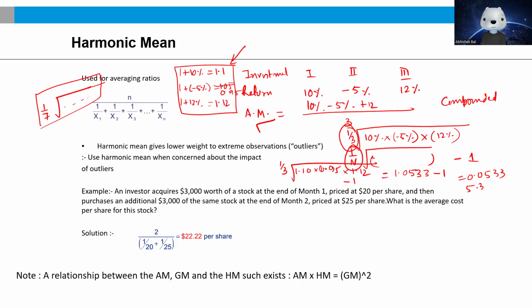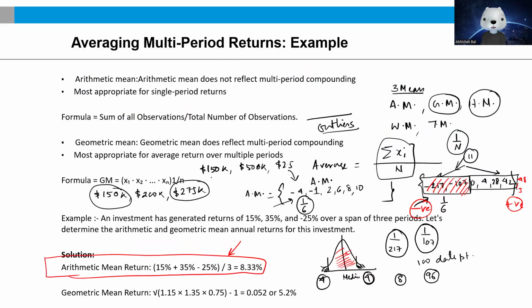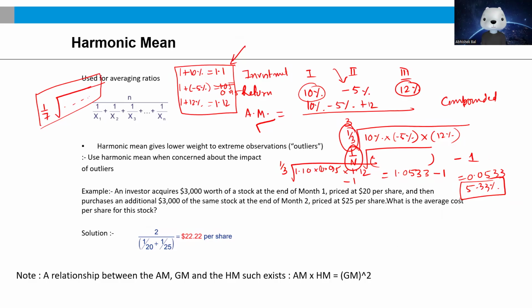Watch, despite having 2 very good years in return, just because of the second year, which was actually a disaster, the fund's overall performance suffered and returned only 5.33% on average every year. All right, so this is how the geometric mean is being used. And for the ones that are inclined towards memorizing formulas, I could use the formula out here